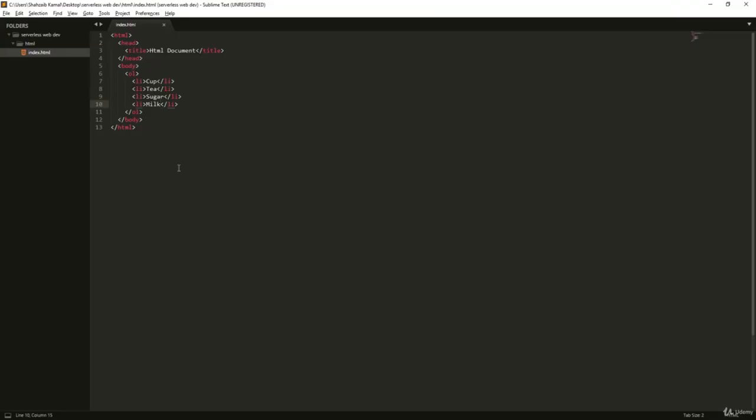By the way, save it. Now go to the browser, refresh the page. You can see the 1, 2, 3, and 4: cup, tea, milk, and sugar, all the elements are there. That means it's actually working. These li are actually visible, this OL is actually working. That means we are actually booming. Line break, go there and line break, and then